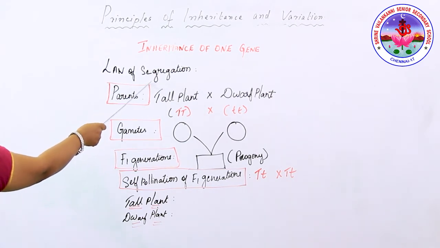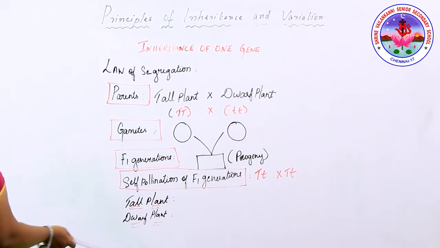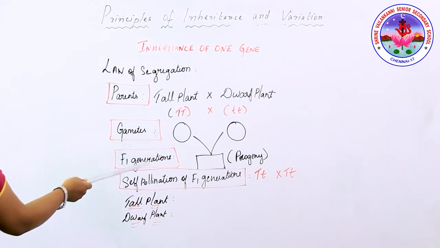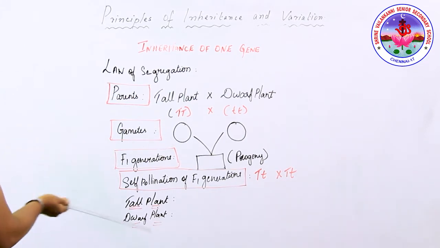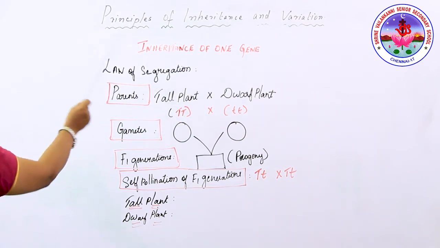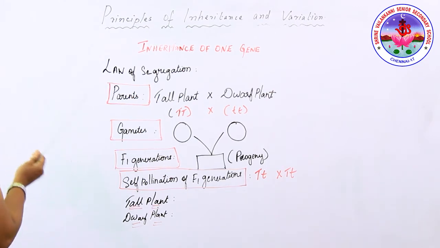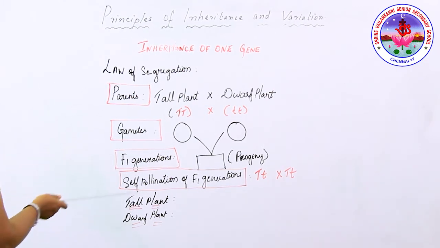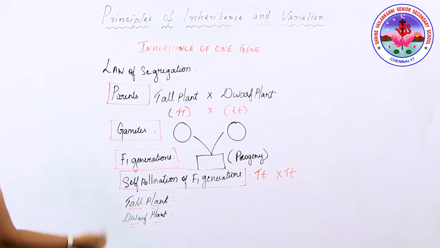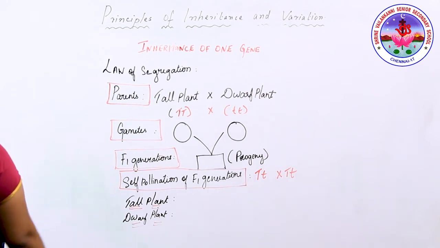The alleles do not blend, and both the characters are recovered during the gamete formation, as seen in the F2 generation result. So during gamete formation there will be a separation, and that term we call segregation. It separates from each other and passes to different gametes. So homozygous produces similar kinds of gametes, but heterozygous produces different kinds of gametes with different traits. This we're going to discuss in the law of segregation.